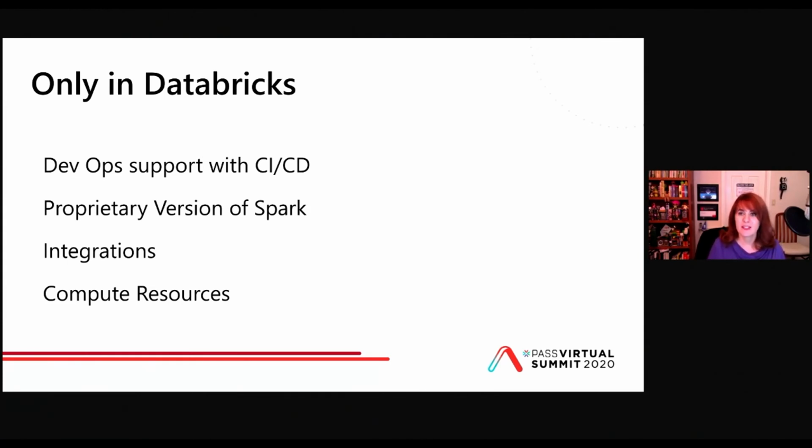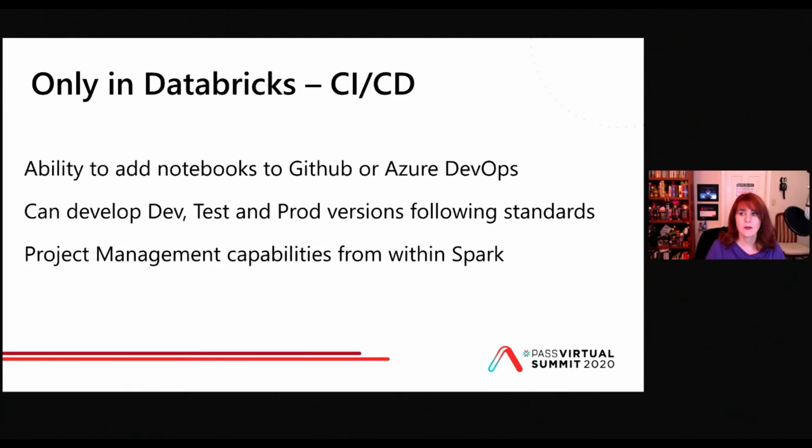They have different integrations. We took a look, in the short demo that I gave of Databricks, at the integrations that they have with other products so that you can bring those into a Delta Lake and automatically integrate them. That's a pretty cool feature to be able to add data very quickly if you're using those specific applications. And then the last thing that they have that is not available is a difference in compute resources. So only in Databricks: change data capture, the ability to add your notebooks to GitHub or Azure DevOps,